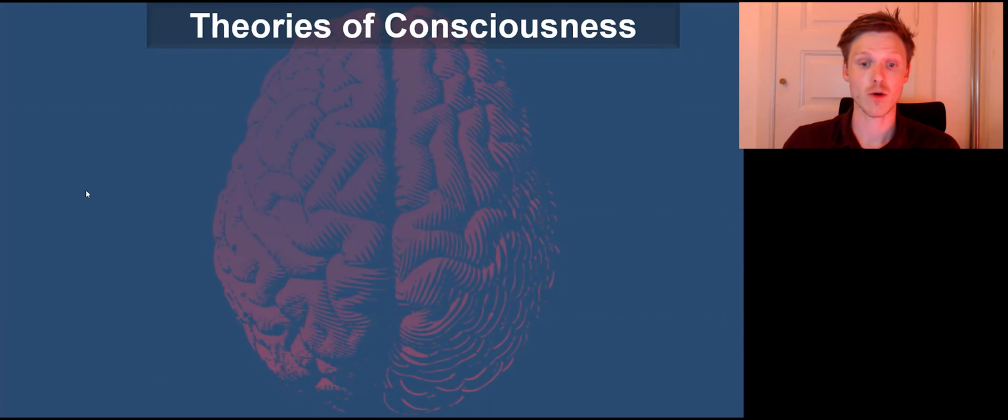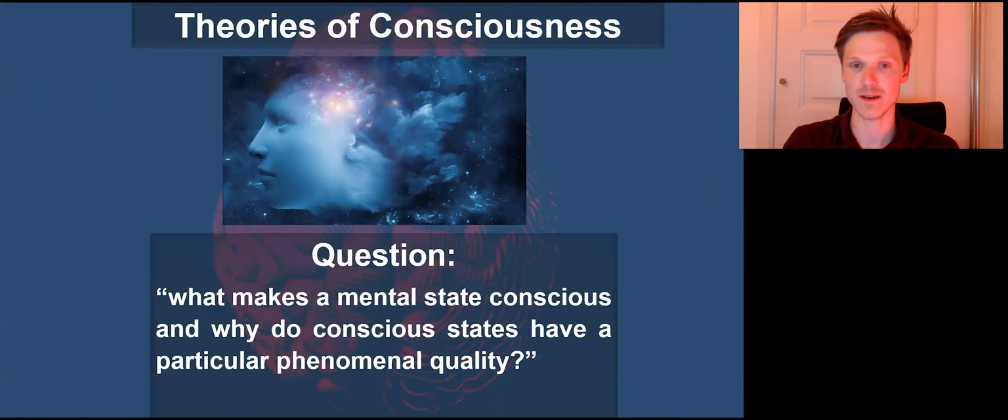So you've no doubt heard a lot of interesting things about consciousness, maybe before this course or as a part of this course. And that's because there's so many fascinating aspects to consciousness. For these sessions right here, what these particular theories of consciousness deal with is a particular problem with consciousness, namely what makes a mental state conscious at all, and why is it that conscious mental states have a particular type of phenomenological quality about them? Why does it feel a certain way to be conscious?